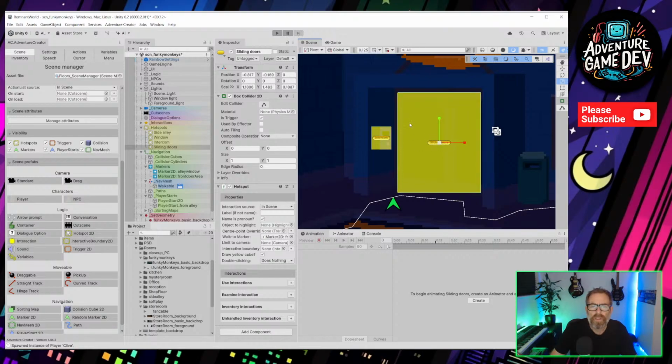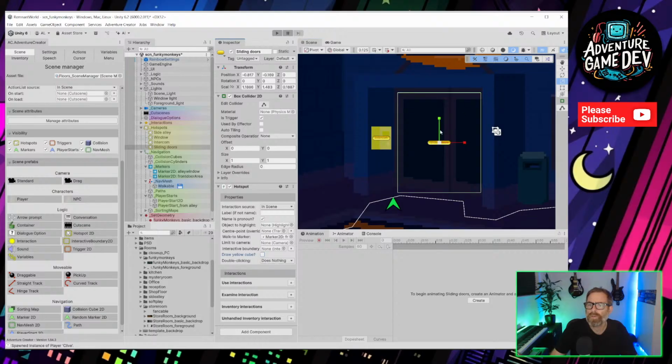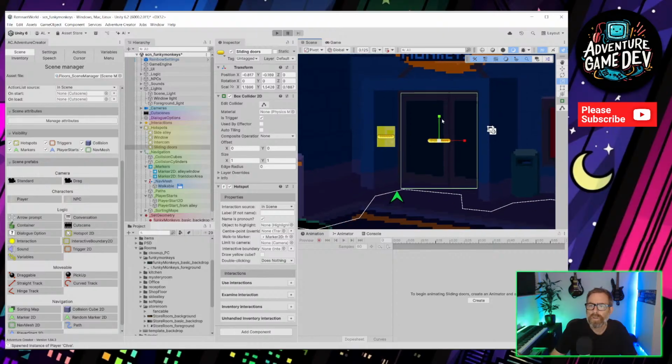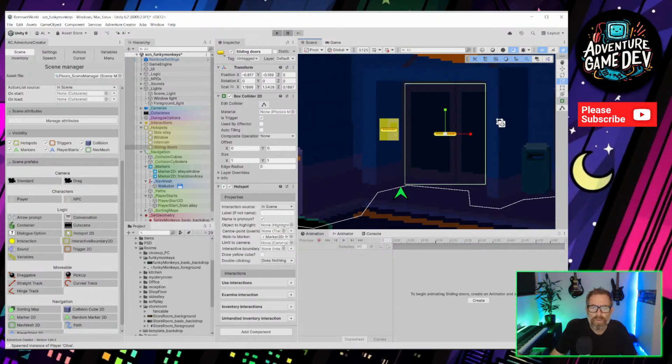If you don't like that big yellow box, you can turn that off, the draw yellow cube, and it just leaves the markers around the outside. So those two both can be controlled by that marker 2D.